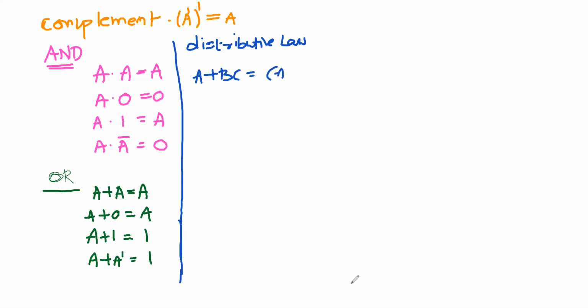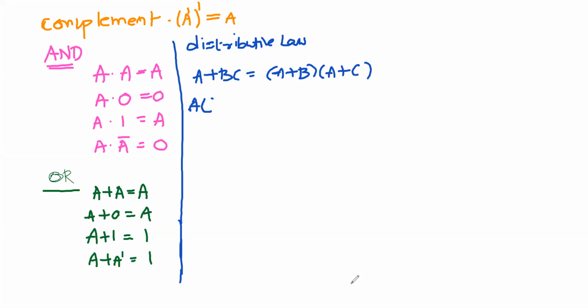We can write it as A or B and A or C. We should read it as A or with B and C, because we are habituated with this decimal kind of stuff, we read it as plus. So A or with B and C is equal to A or with B and A or with C. Another formula was